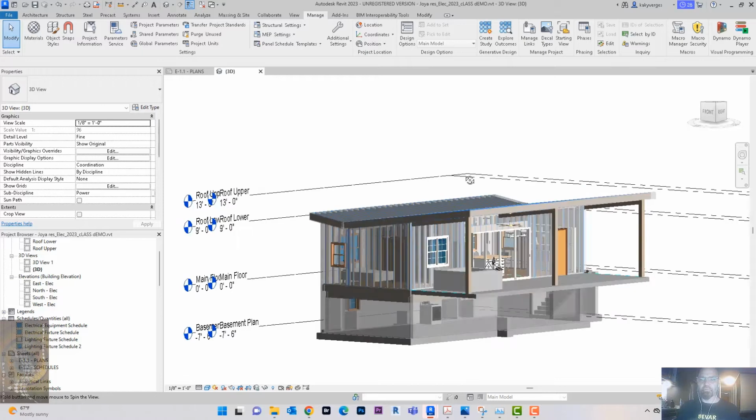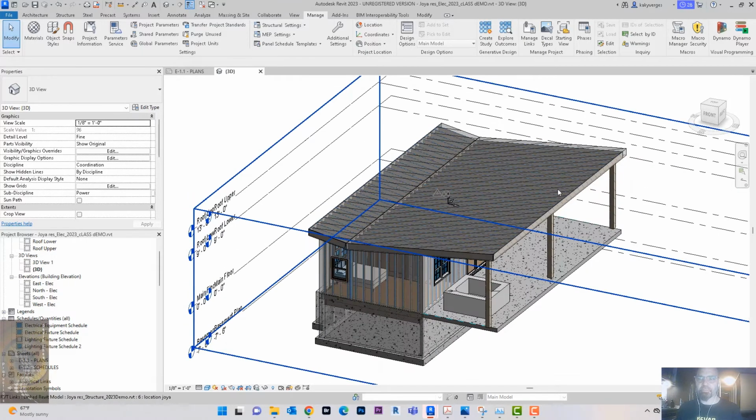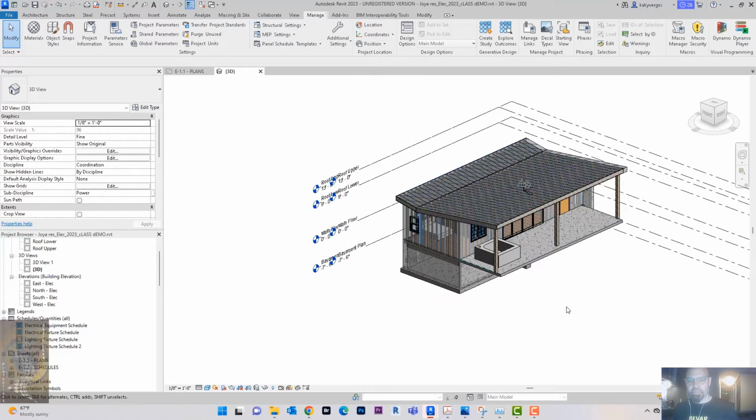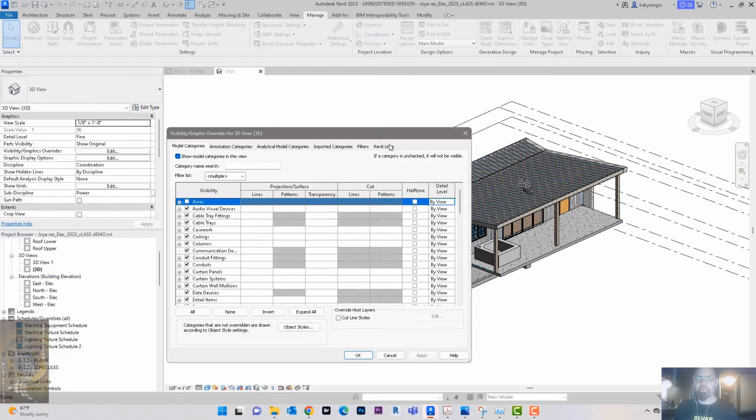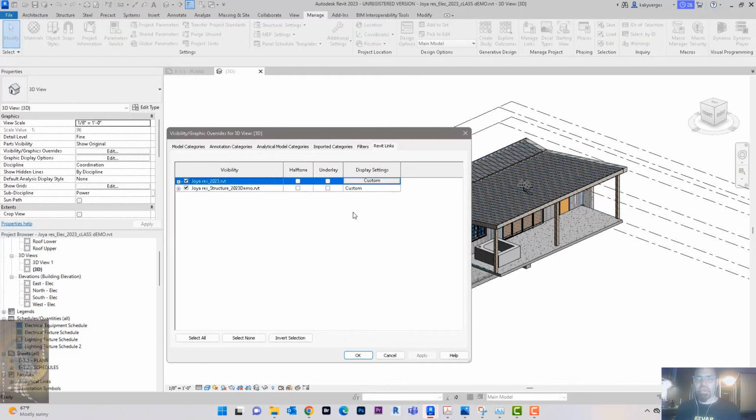But what we're going to do here is place some lights. Okay, so the first thing I'm going to do is go in here and turn off some stuff. So these are linked models, just like in the real world. If you were an MEP person, you'd insert the architect's model and then you would host your devices to that model. So I'm going to go in here, turn off the structure for now,